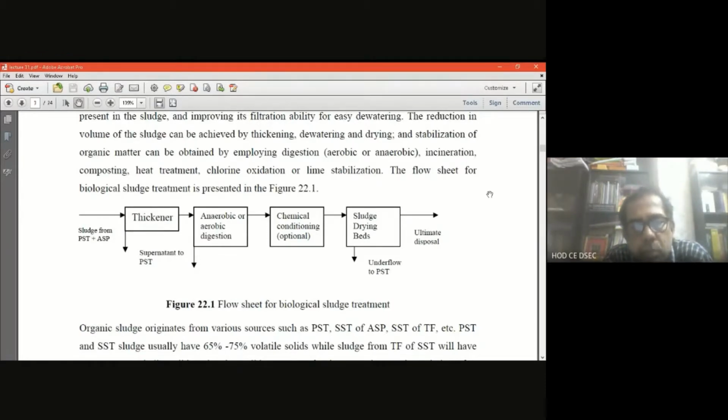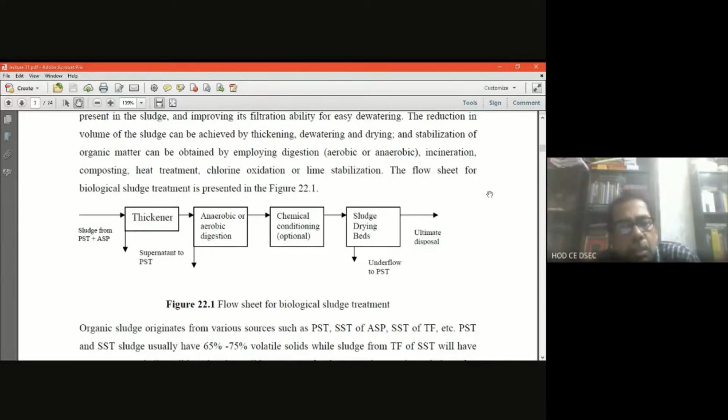The topic is the continuation of Module 6, that is sludge handling and disposal. The theoretical part we have covered: sludge thickening, then sludge stabilization, that is sludge digestion, and in the last 30th lecture we covered sludge deodoring. Drying beds we discussed in detail, and sludge hygienization we also described before the disposal.